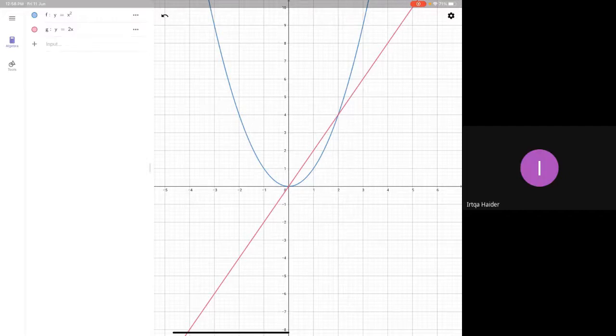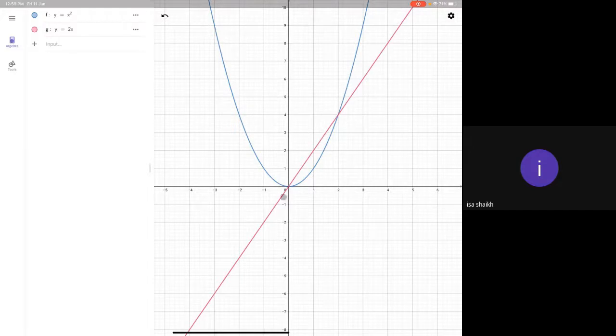Now, let us look at x equal to 0. What is slope of blue graph? 0. What is value of red graph? 0. Look at y value. So at x equal to 0, slope of blue graph is 0, value of red graph is 0. Clear? Now, as I am going towards right, what is happening to the slope of blue graph? It is increasing. Is the slope positive or negative? Positive. Now, what is happening to the value of red graph? It is increasing and it is positive.